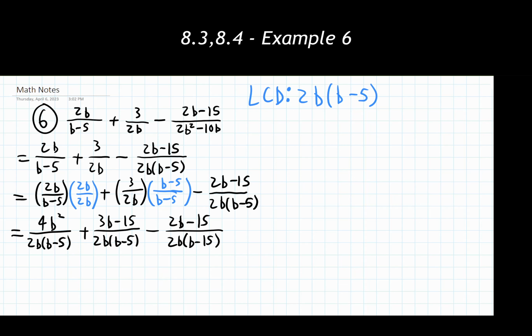I'm now moving on to step 4. We are going to add or subtract the numerators together to create a new single rational expression. So we're going to have one big thing written out here. Give myself some space. And again, I like to put every single numerator inside of a set of parentheses. We're going to see that show up and why we need that with this minus sign here in a second.